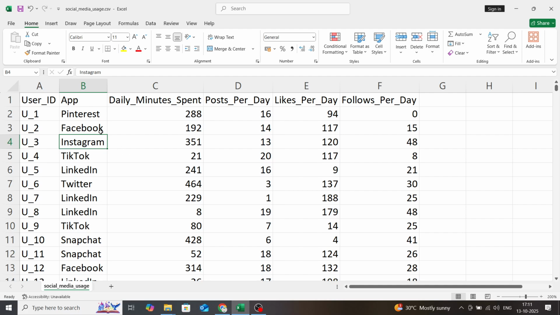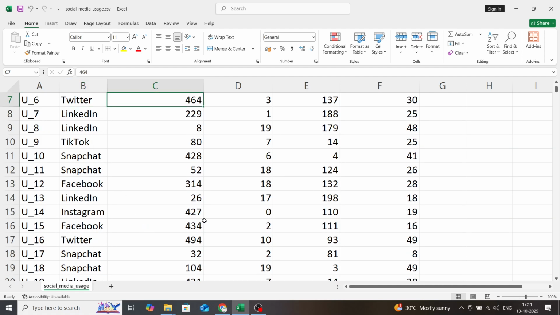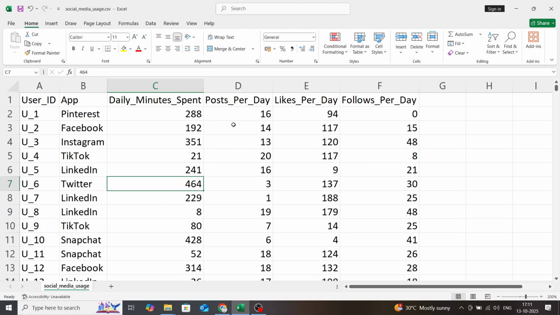I want to calculate the total Instagram time in minutes used, total time of Instagram. For example, I want to know the total time of Twitter. Wherever Twitter is found, we have to calculate the value of that platform. Understand? So what we can use, we can use SUMIF or SUMIFS. But at this moment we can use SUMIF because we have to find the sum based upon a single value.